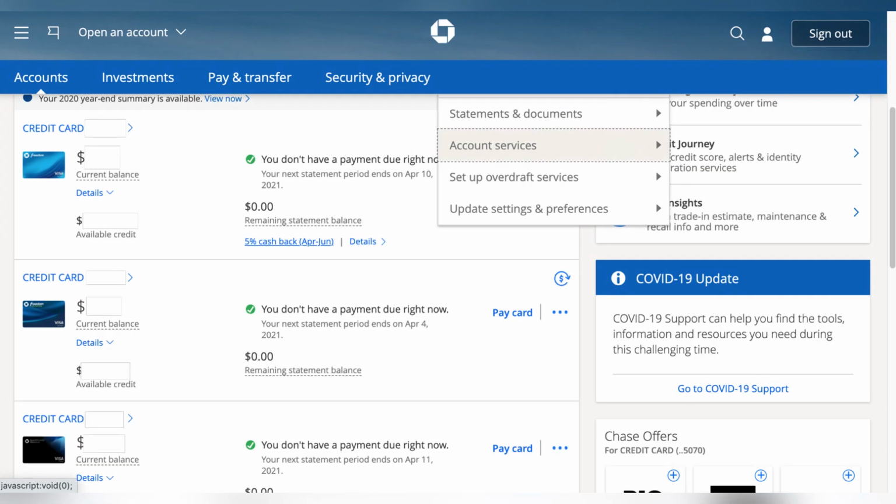Many times, Chase will also give you the option to view or download a direct deposit form, which works the same way as a voided check. If you see the option for a direct deposit form, tap on it and download or share the document. This form includes your name, bank routing number, and account number, and can be used in place of a physical